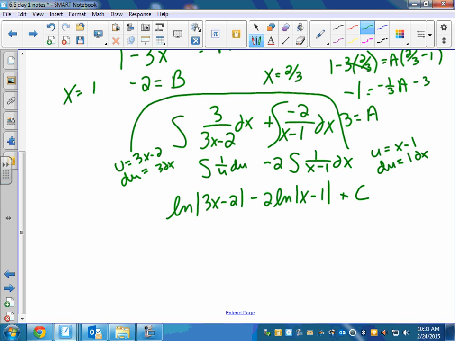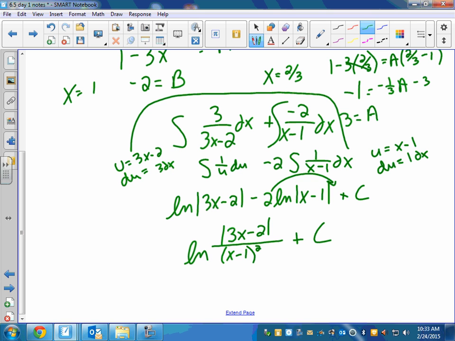And then the even better part is when you have a bunch of ln's, you can simplify them using properties of ln's, remembering that you can put numbers in front, right? They can go in as exponents. When you add ln's, you can put them back together as multiplication. When you subtract ln's, you can divide, which means on this one, I believe I could write that as 3x minus 2 divided by, because that's a minus, and I could stick that 2 up here as x minus 1 squared. Notice I dropped my absolute value bars on the bottom because if you square something, it can't be negative,